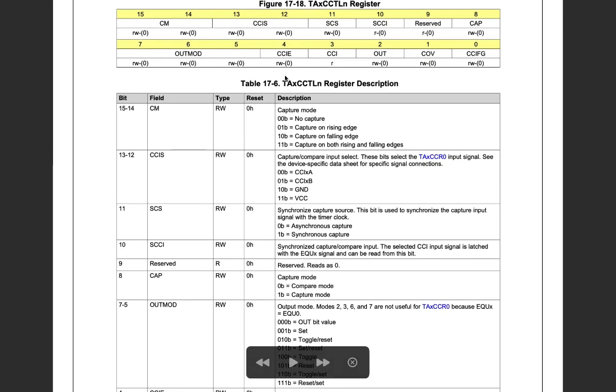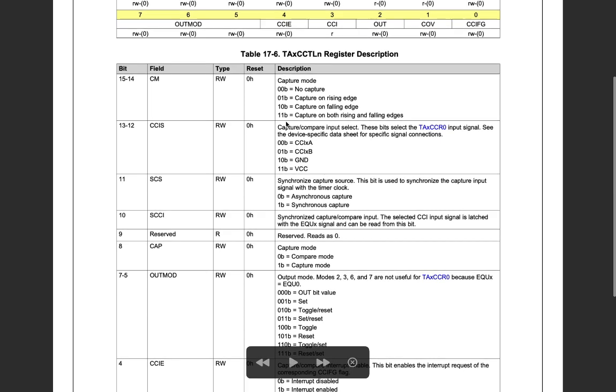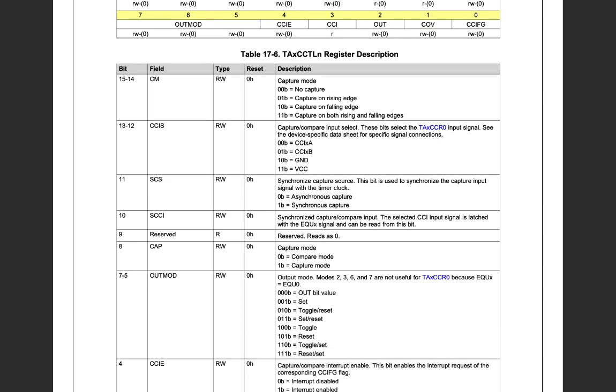So this is another register we will configure. Okay, we will select here the falling edge. For different programs you can select different edges, but for this program we are going to use the falling edge. And we will configure here CCIS 00b, CCI0A, which means the first input.